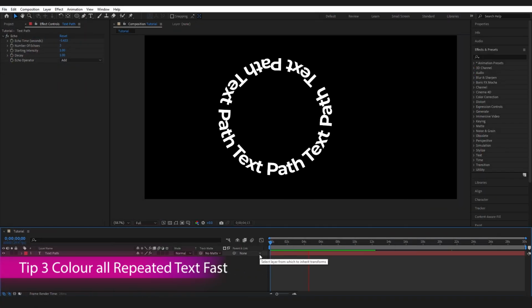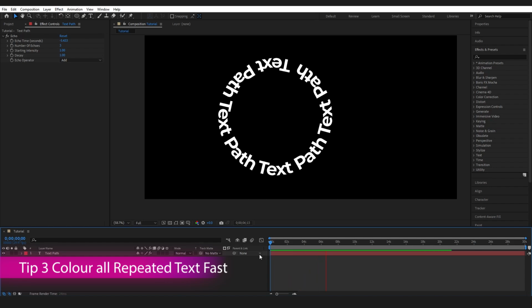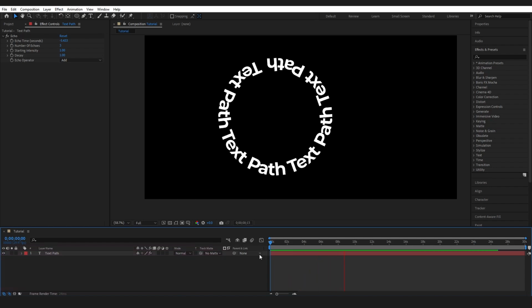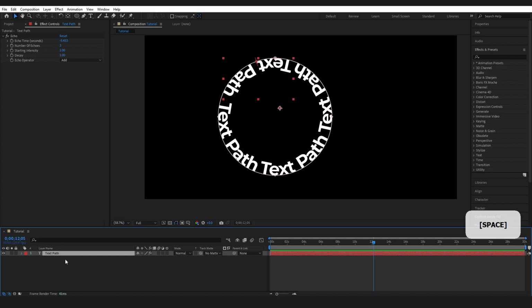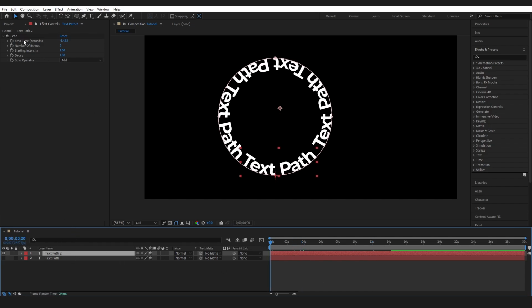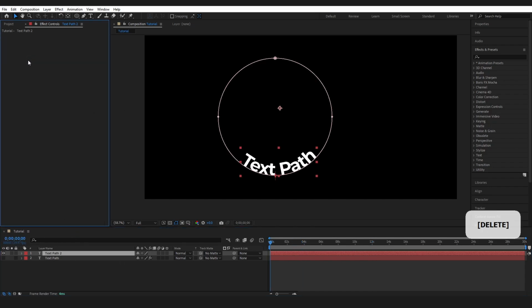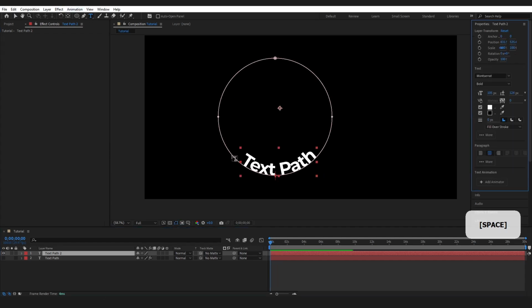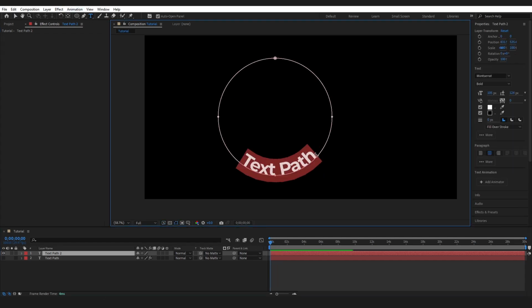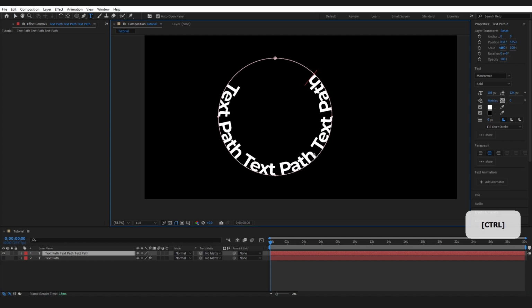So you might want to add some color to your text, and there are a few ways that you can do this. So I'm going to press Ctrl D and duplicate my layer, because I want to come back to this in a minute. So switch this off. I'm going to go ahead and get rid of this echo off my layer. If I press play, I've still got my movement, and I'm going to show you how you can manually change color for your text. Control V, a couple of copies,